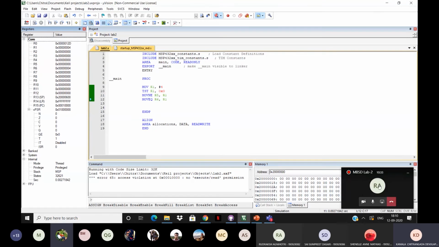N is the negative flag and Z is the zero flag. C is the carry flag. V is overflow. Okay. And when is the negative flag set? When your MSB is 1, like it is a negative number.